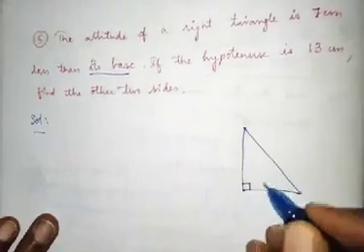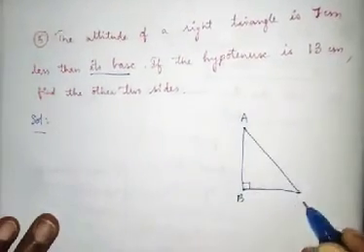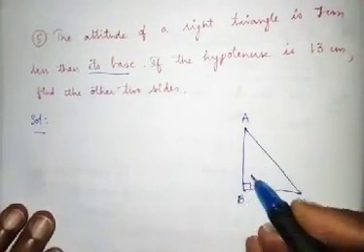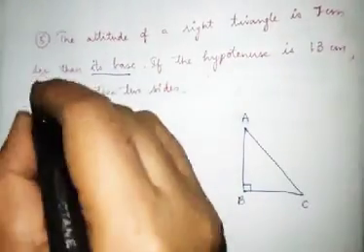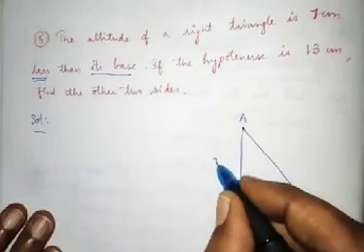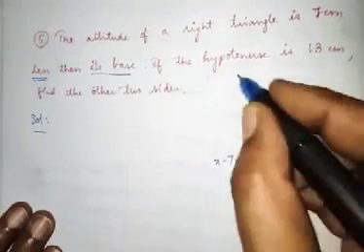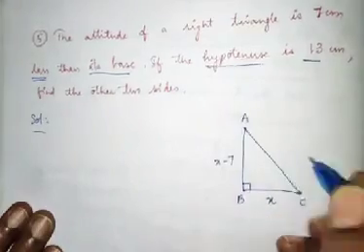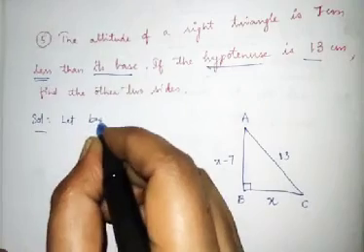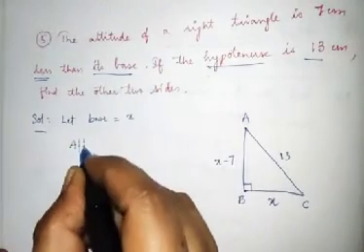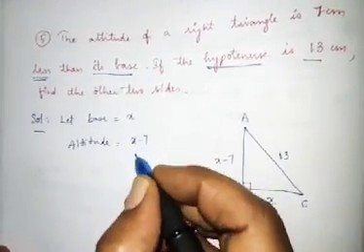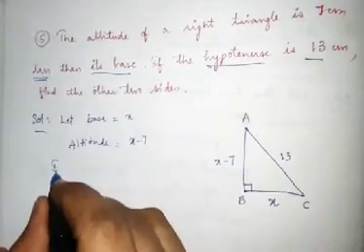And here we can name it as A, B and C, and BC is going to be the base. And this AB is the altitude, and the altitude is 7 cm less than the base. So the base we take as x, then the altitude is going to be x minus 7, and the hypotenuse is 13, so AC is equal to 13 in the diagram. So right here, let base be equal to x, so altitude is equal to x minus 7, and again in